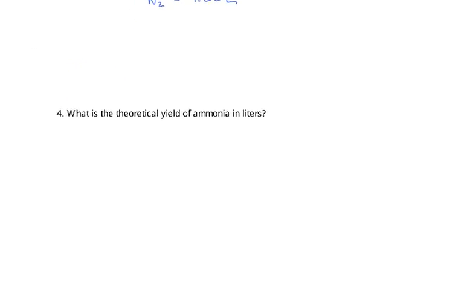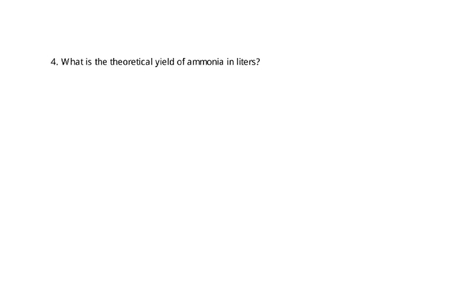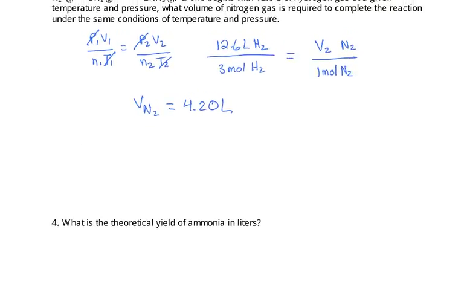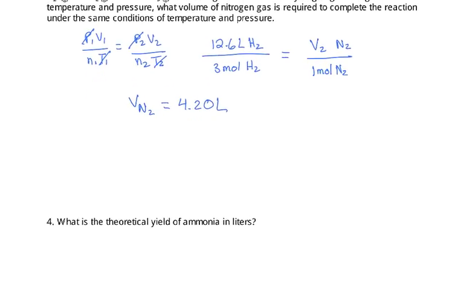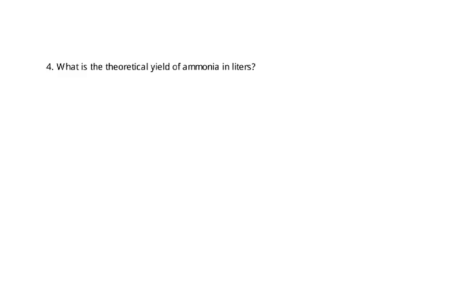Number 4 is asking for what is the theoretical yield of ammonia in liters. So the theoretical yield will be the yield if everything goes to completion in the reaction and it goes perfectly. So the theoretical yield will be,